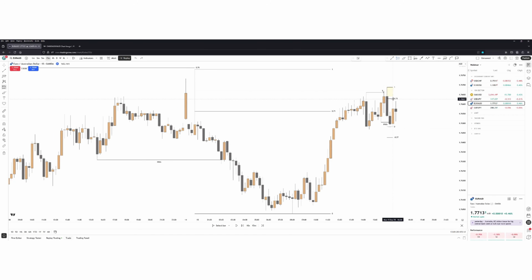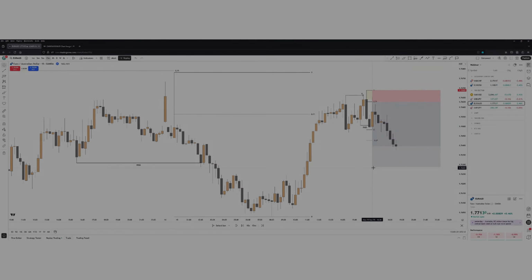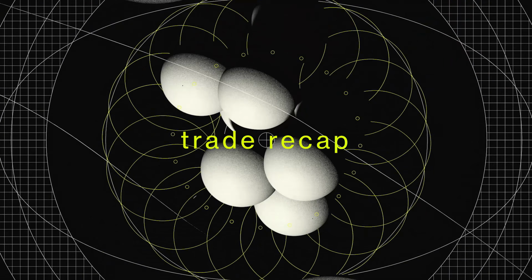So the limit order got triggered on the 71 level. I was in the trade, we were in the trade, and price started to push deeper. We take partials at minus 20.7 Fibonacci level, which is